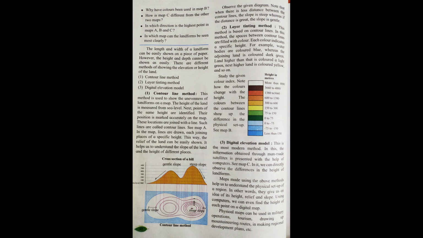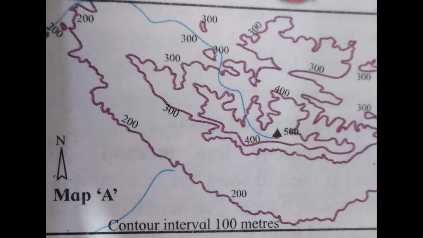And how is it shown? By drawing lines. You can see in the picture there is a hill drawn, that is the mountain range or higher level region. How are they shown? By drawing lines, the contour line method. Follow it properly. It is named contour lines. Lines are drawn and the places of the same height are joined together by the lines. See there, you can see the circular lines, then long lines.